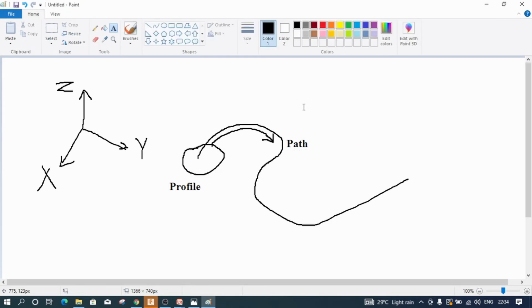So in certain scenarios you will be using this particular approach known as sweep. It is not limited to only this way, but if you want to cut a particular groove, such as your cooling paths or your inlet manifolds and exhaust manifolds, then you will be using this sweep command.